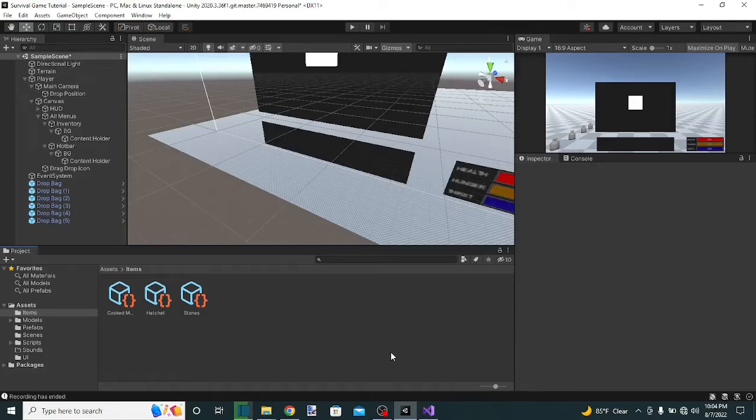I'm Thunder, and this is gonna be the 6th tutorial on how to make a survival game. Today we're gonna be working on the crafting system, although there is some things we need to fix about the inventory system. Last video I forgot to make it so that you can actually see the hotbar while the inventory is closed. Because right now if we hit play,